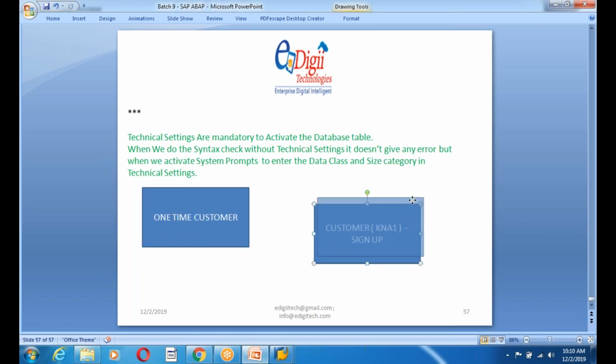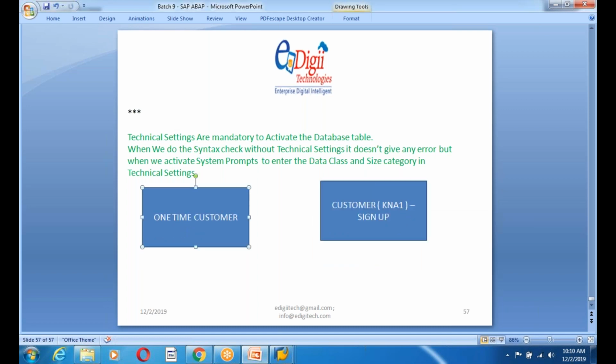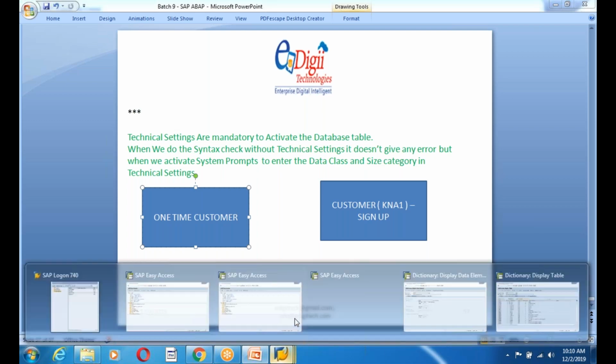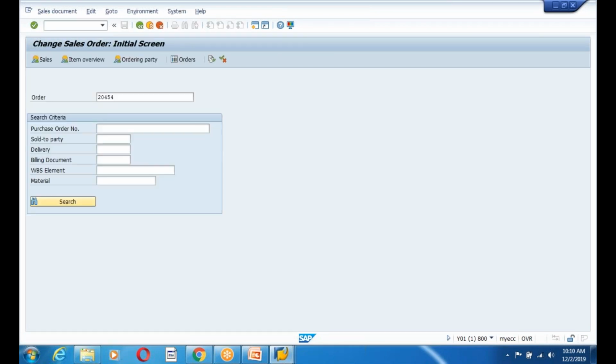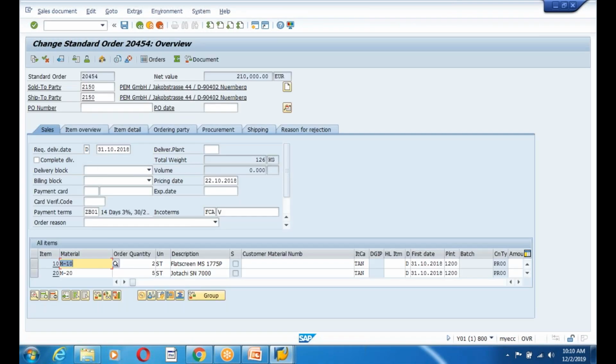You log in as a guest, and you choose the product, and maybe at that time temporarily you give the delivery address, right? The delivery address we maintain at the order level, not at the customer master level. In VA01, I can store your data at the order level for the shipping purpose.